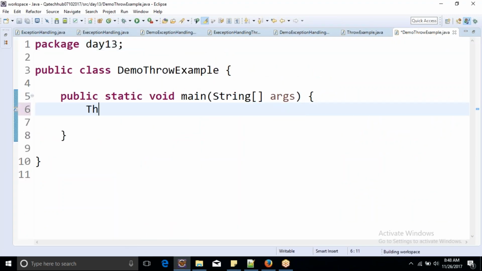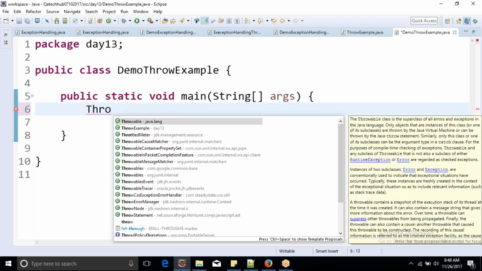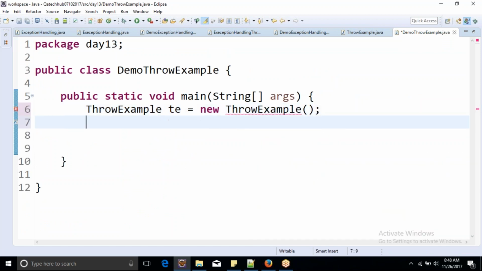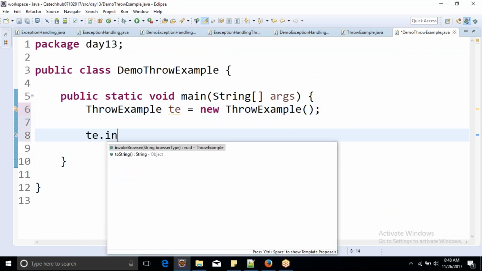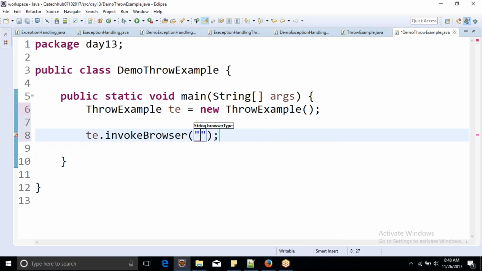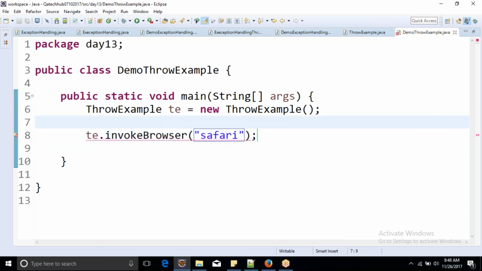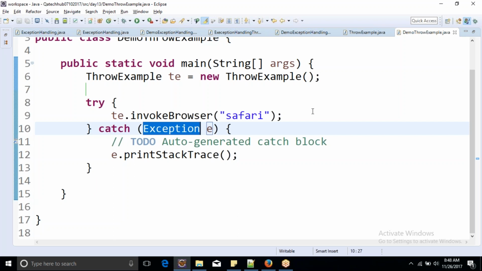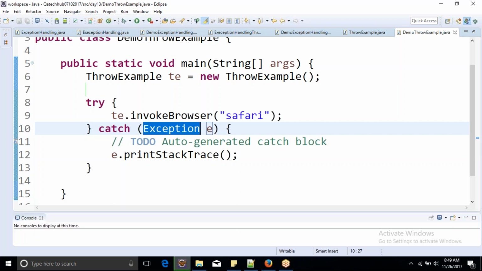And here I'll say ThrowExample te equal to new ThrowExample, and it will be te.invokeBrowser, and let's say here I'm passing Safari. See, it is asking me to handle the exception. Why? Because there we have used the throws keyword, right? So I'll just put it in a try catch block, and when I execute this code,